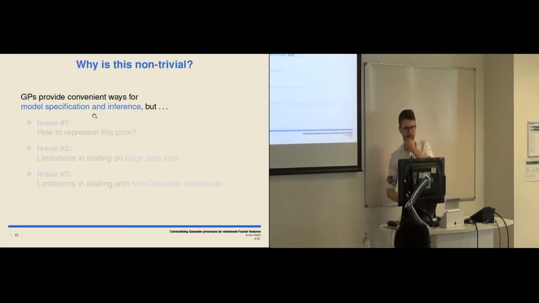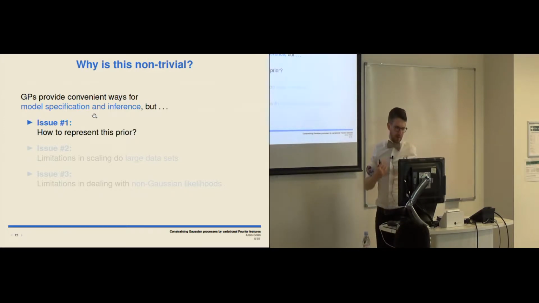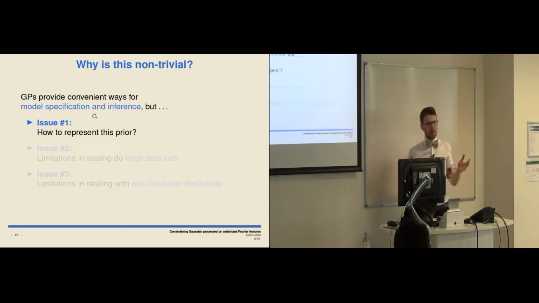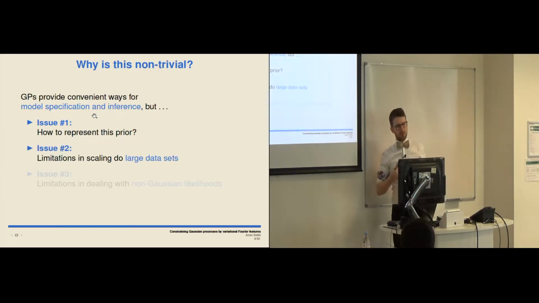Good. So why is this non-trivial? First of all, how to represent such a prior? That's maybe the first question. Then, of course, there are the usual problems. Then, how to scale this to large data sets